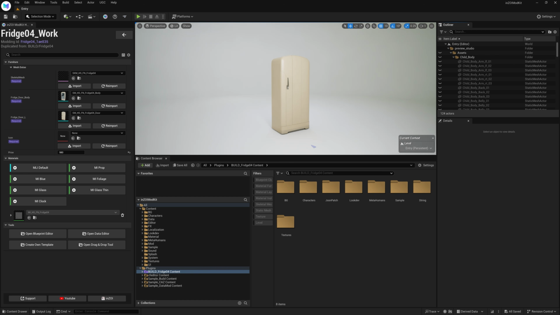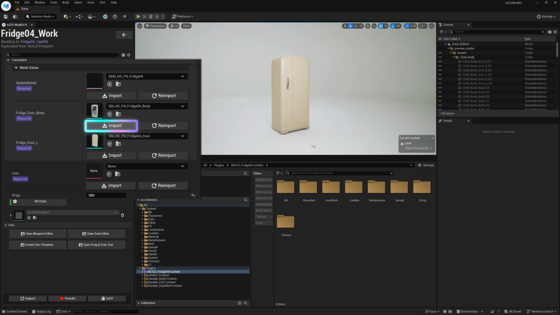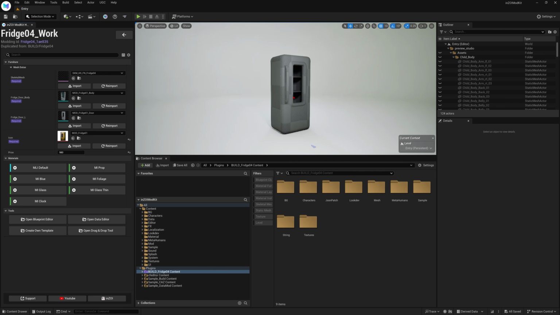The existing skeletal mesh for the door animation works as intended, so we'll continue using it as is. However, we want to change the design of the fridge, so we'll be replacing its mesh and textures. First, we'll import new assets for the fridge body, the left door, and the thumbnail image by clicking the Import button. If you're new to this, we recommend using the Import button, as it provides the necessary import options for